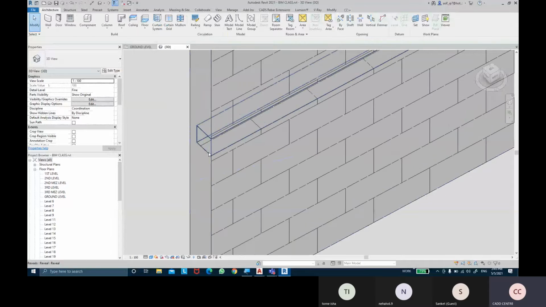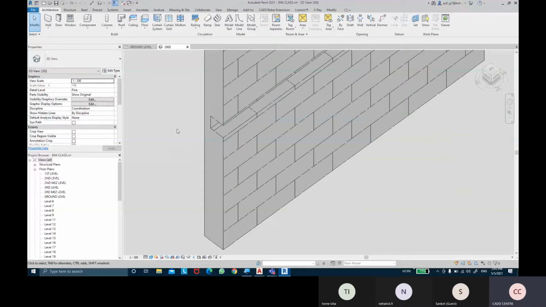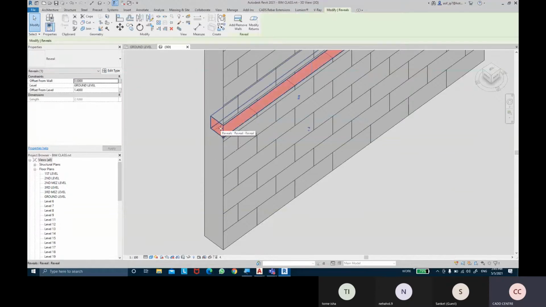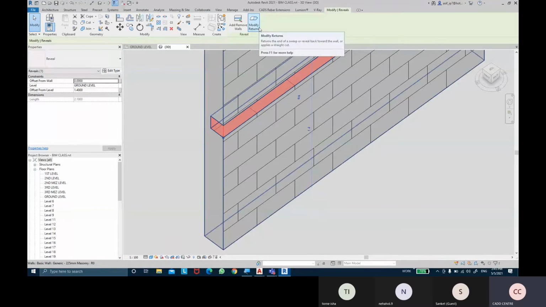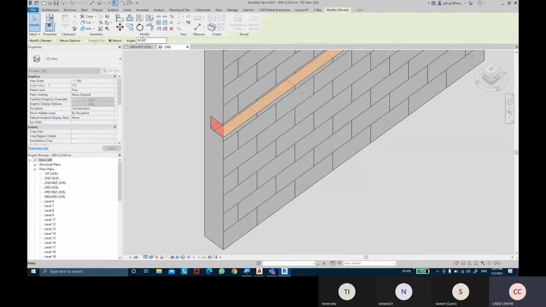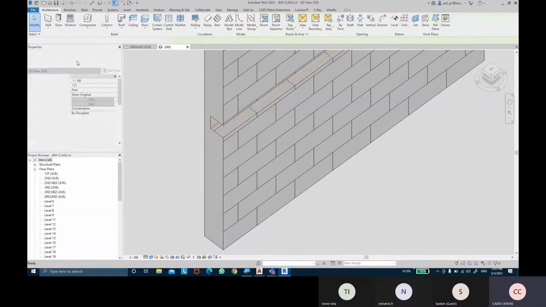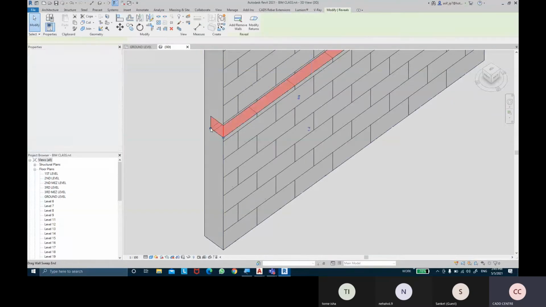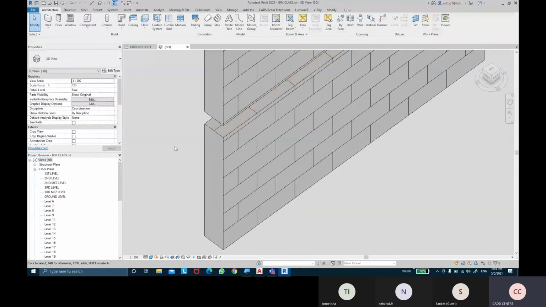Now if I want this reveal to come to the end of that wall, maybe I want to cut that corner end of the wall as well. What you will do is select the reveal, and once you select it, there is an option at the top which says modify returns. If I click on modify returns, it will allow me to turn the reveal on the other end of the wall. So click on modify returns, take an angle of 90 degrees, and click on the end of that wall. You can see it highlights. Click it. After you click it, you can click on modify, select that reveal portion, get this drag point, and drag it to the end of that wall. And here we go.